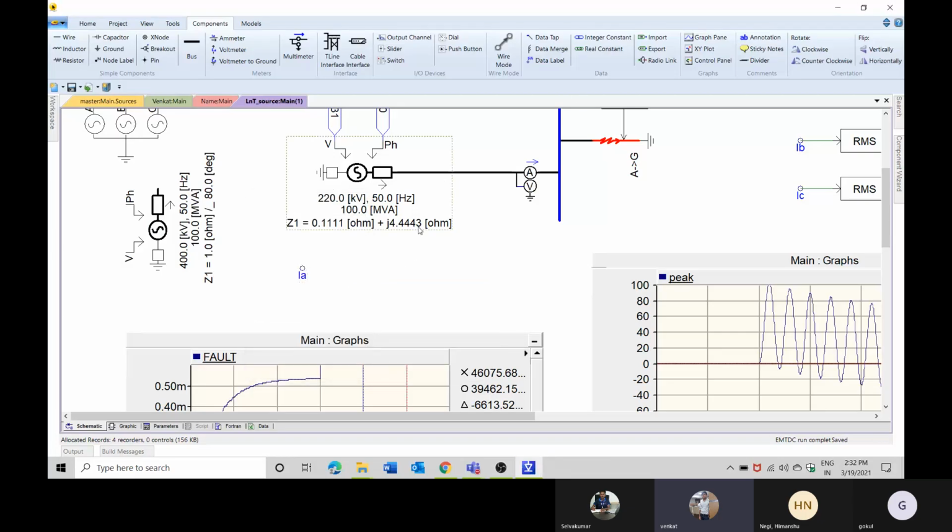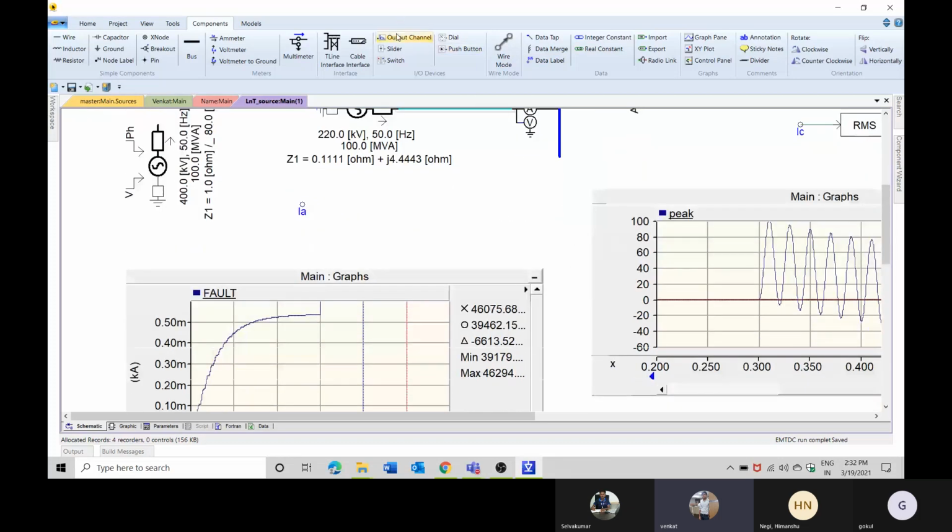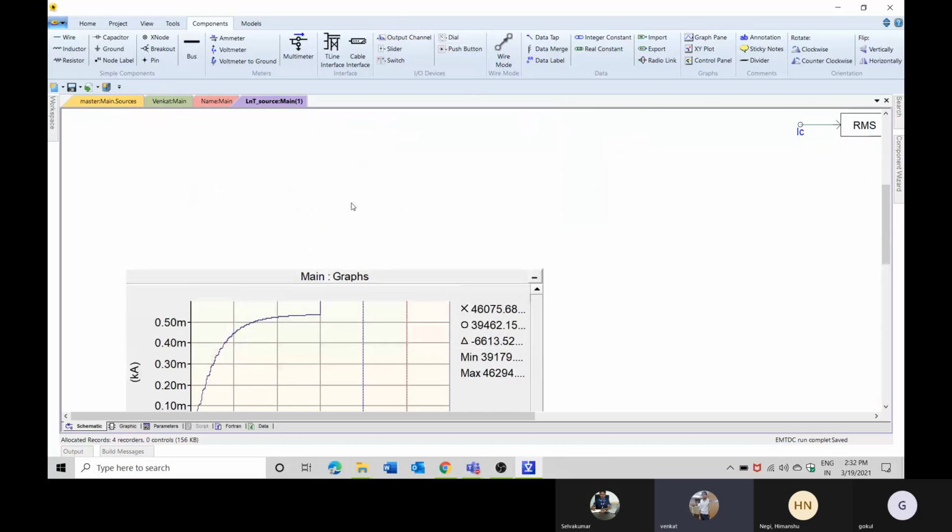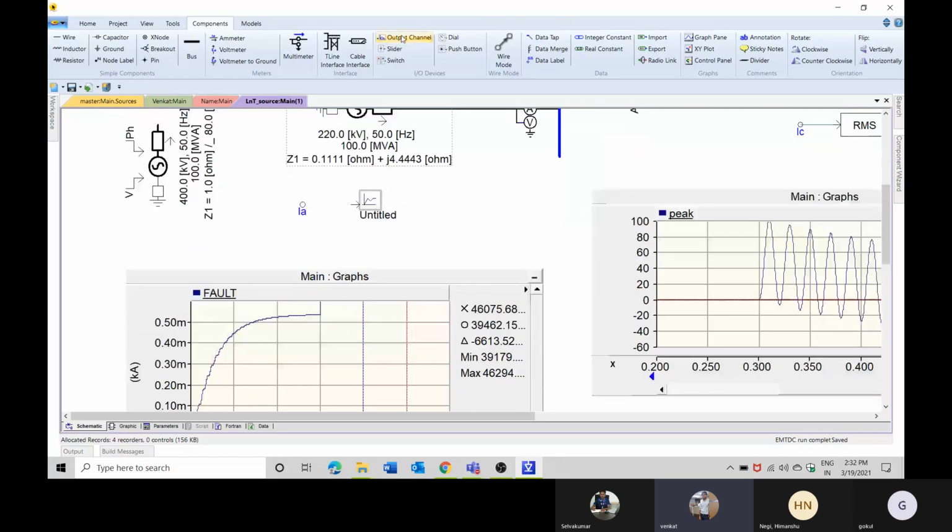and click OK. And the other option which PSCAD provides is if you want to see the output in graph format. For graph format you can use this. Can you see this? There is something called an output channel, right? Yes, I have used it. Yes, there is something called an output channel. With this, you can plot the information which is coming from this current in graph format.